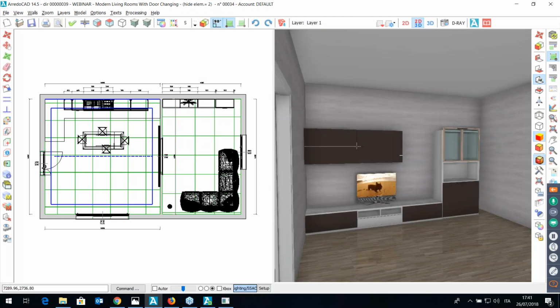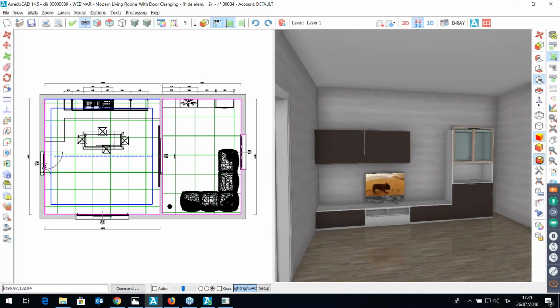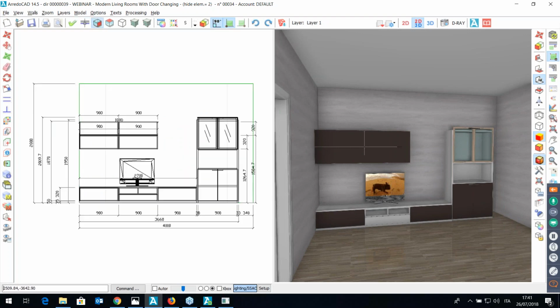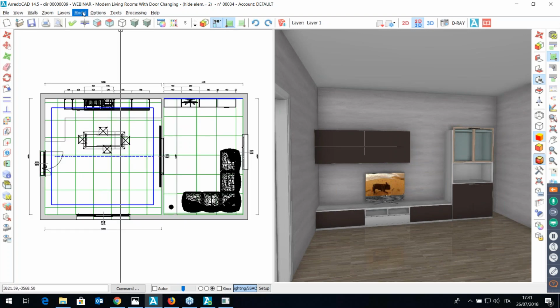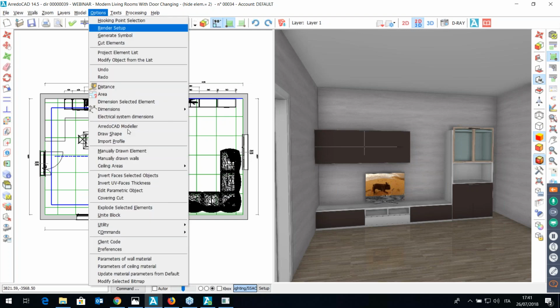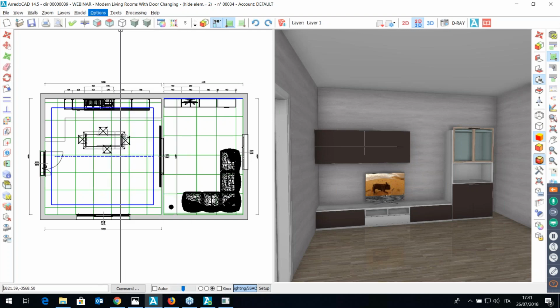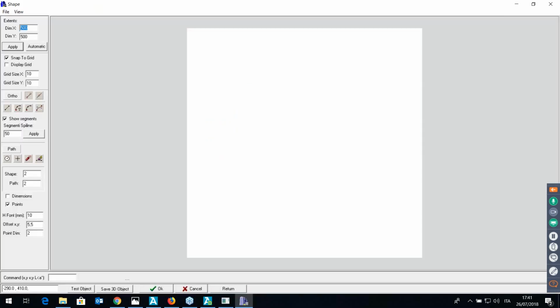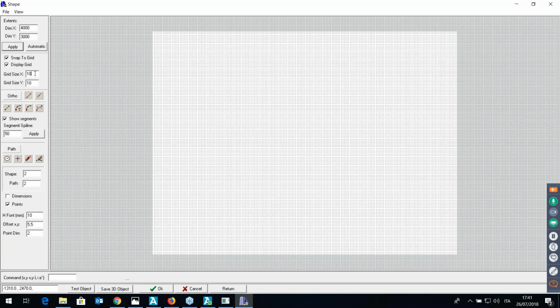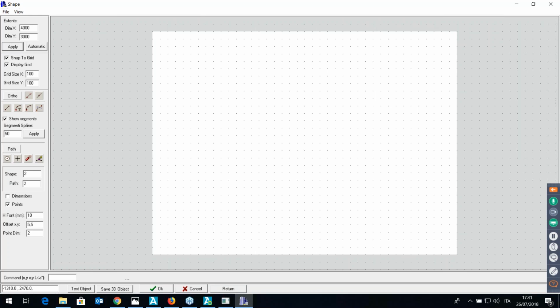the living room, then I have a small solid modeler through which I can create some round shape. Here is an example. So options, draw shape. I can set the extension of my working space, for example 300. Apply. I can display the grid, and very easily I can create my shape, for example a round false ceiling. So I can create something like this very quickly. Okay, I confirm,